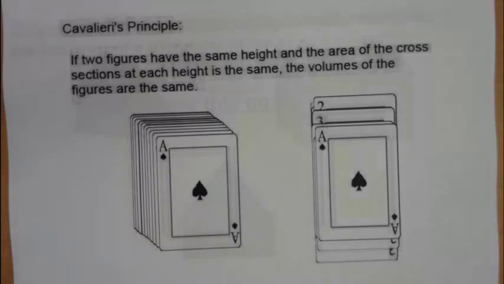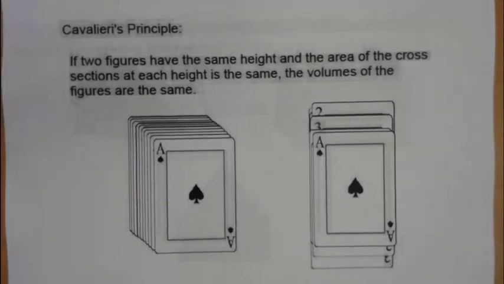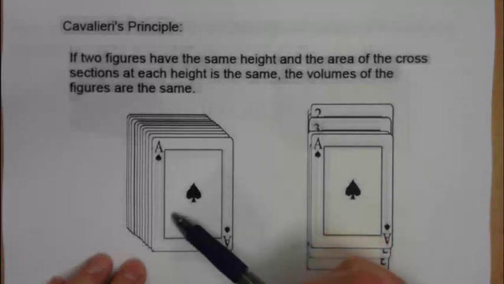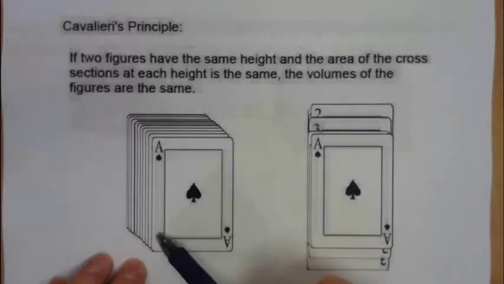So the next idea is something we just kind of explored. Cavalieri was a famous mathematician in geometry, and he basically figured out that if you have two figures with the same height and the area of the cross sections at each height is the same, then the volumes of the figures are the same. In simple terms, if we have this front playing card, well, the length and width of this first card